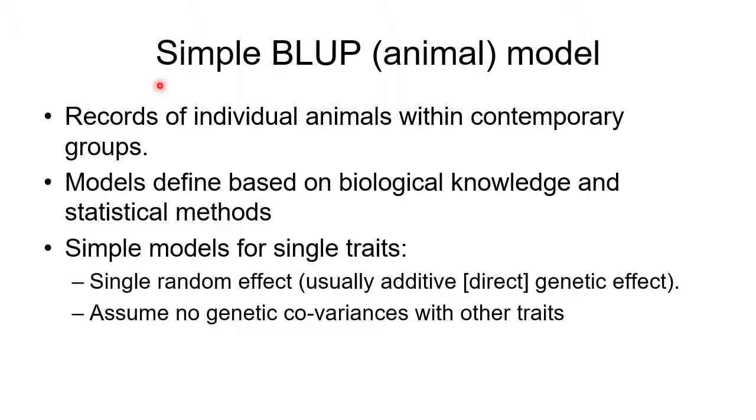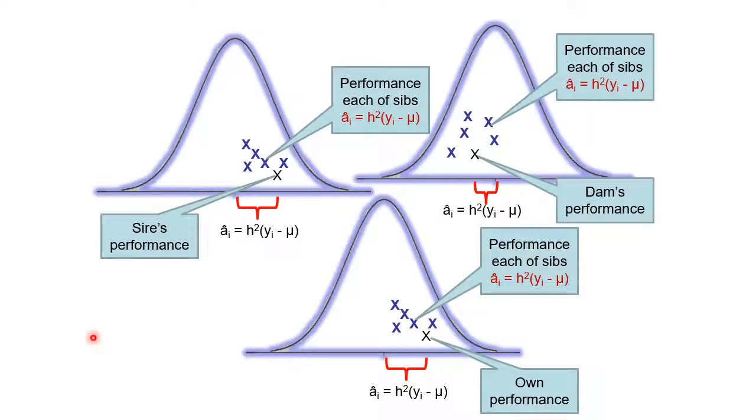So this will be a simple single animal model where if we have 5 traits, we will run 5 BLUP runs, and we then assume that there's no genetic correlation or covariance amongst those traits. So that will be a simple animal model. So just to give you maybe another